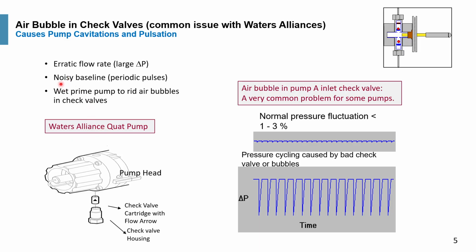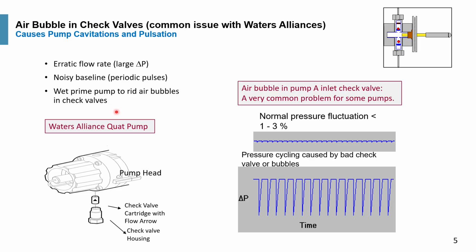That would cause a very noisy baseline. So the air bubble should be expelled by first wet priming the pump at high flow rate using the aqueous mobile phase. If it does not get rid of the bubble, you should change the solvent to acetonitrile, and that usually would